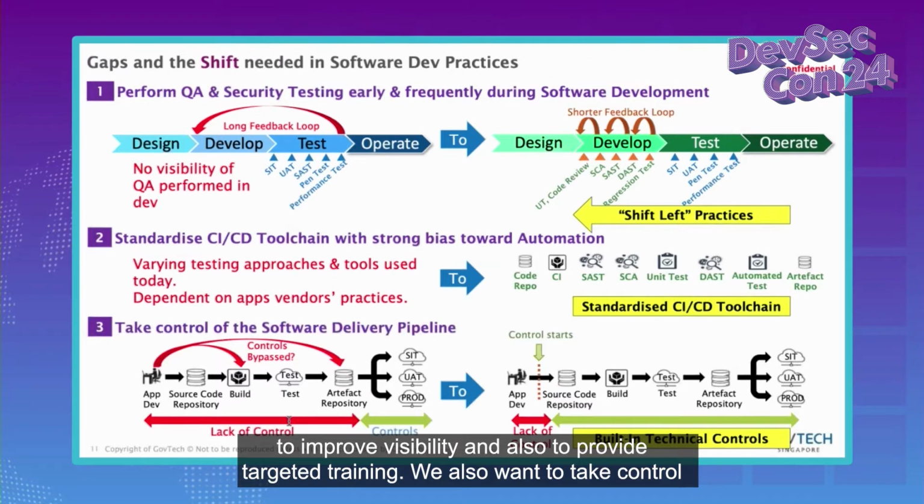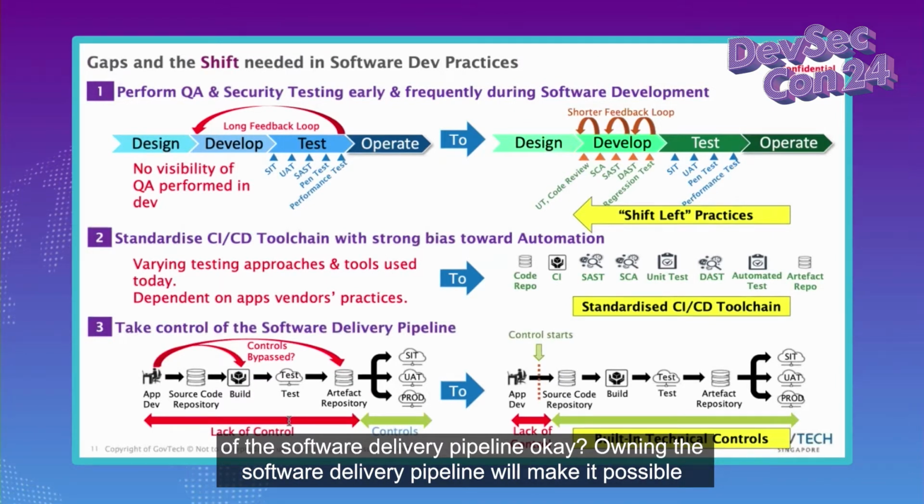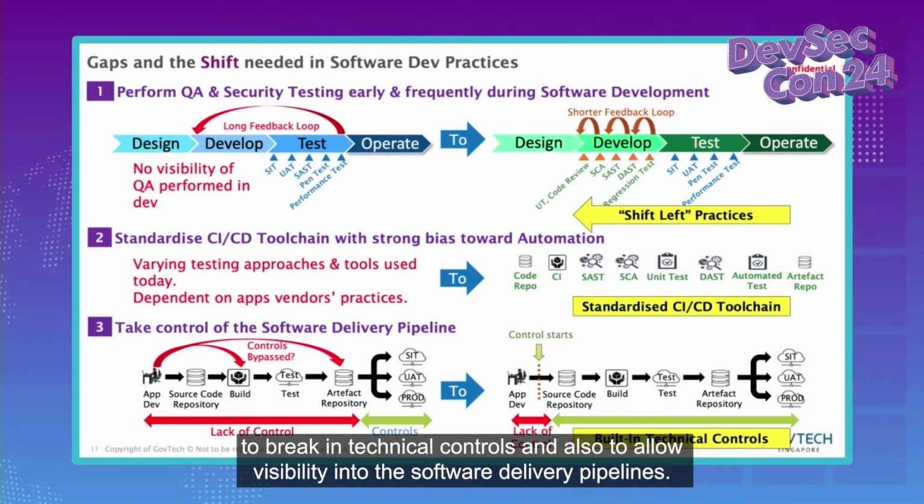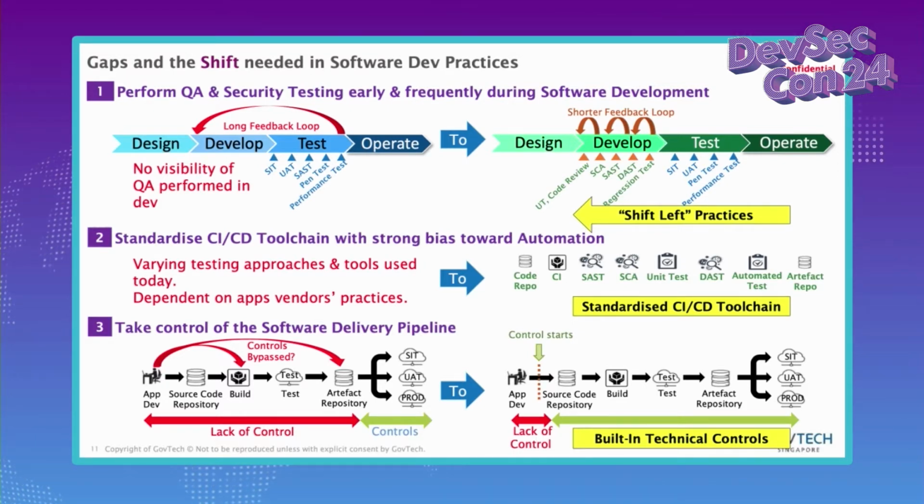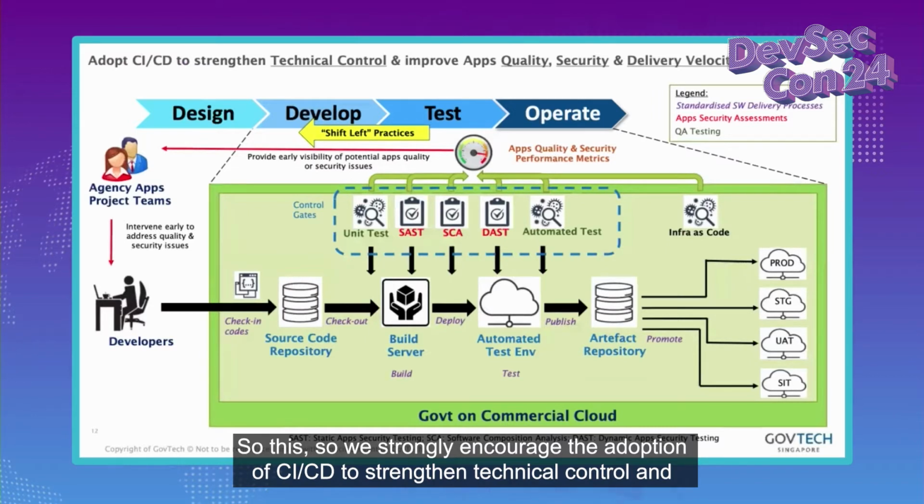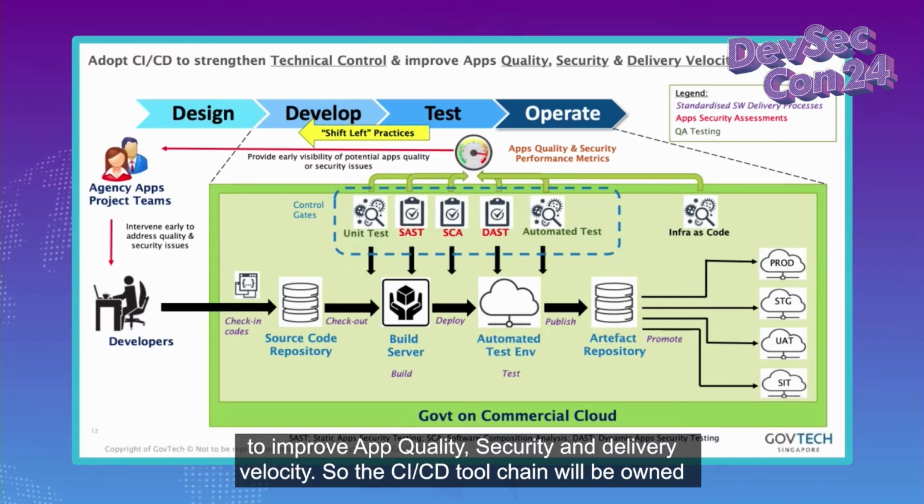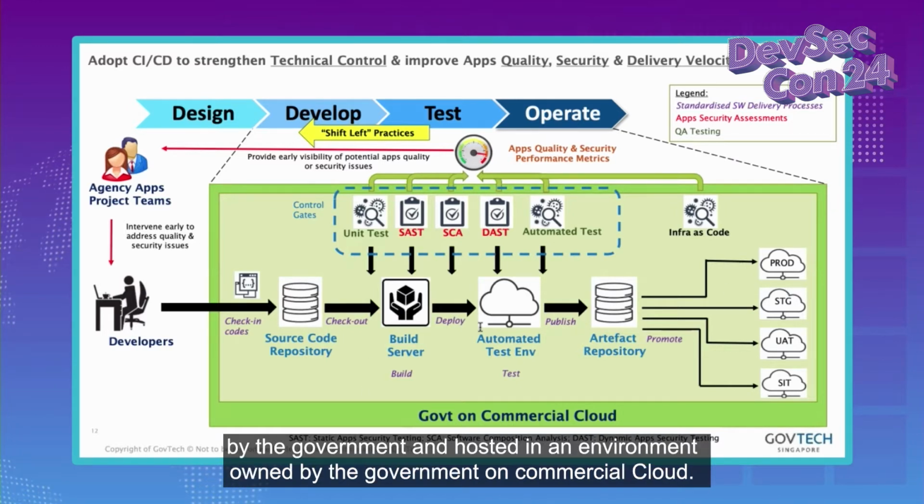We also want to take control of the software delivery pipeline. Owning the software delivery pipeline will make it possible to bake in technical controls and also to allow visibility into the software delivery pipelines. So we strongly encourage the adoption of CI/CD to strengthen technical control and to improve app quality, security, and delivery velocity. So the CI/CD toolchain will be owned by the government and hosted in an environment owned by the government